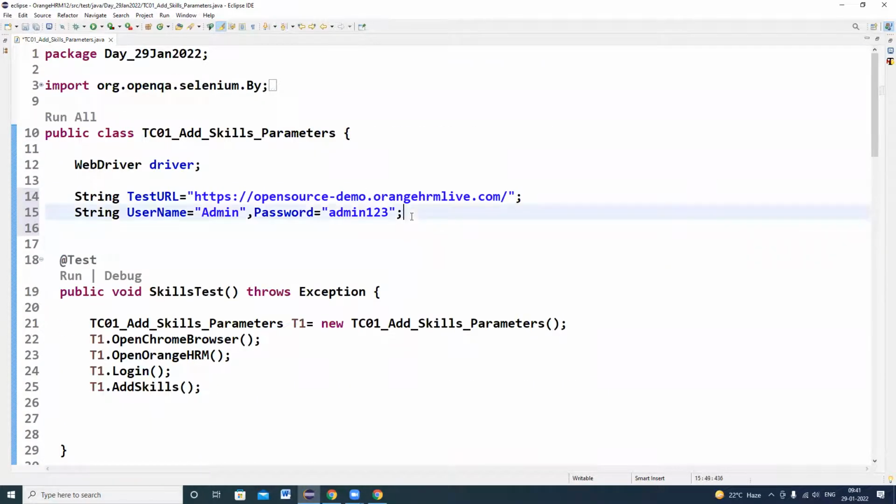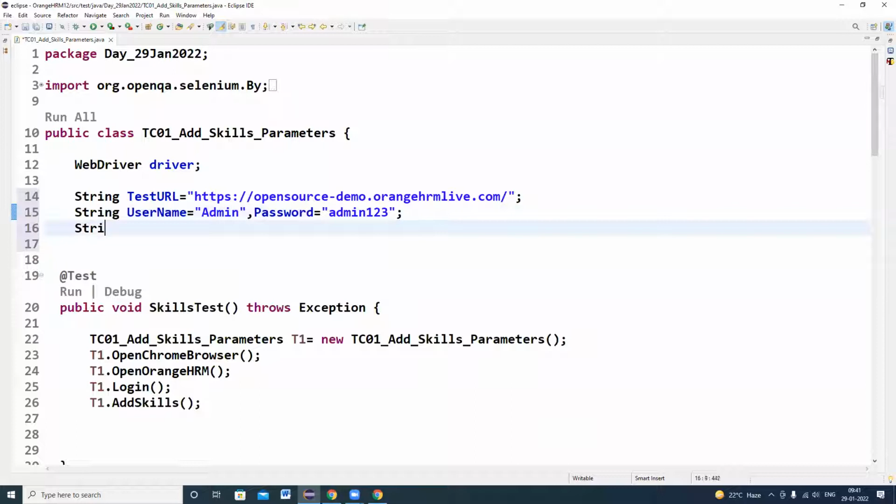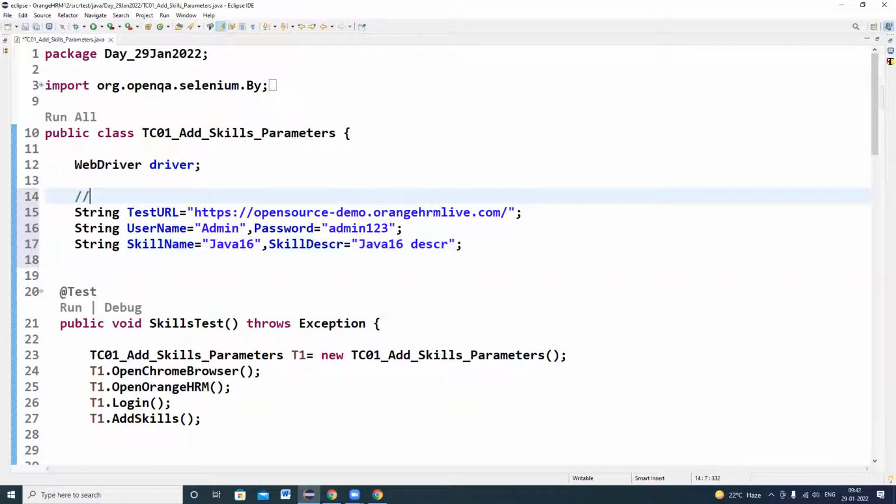So I am declaring string skill name is equal to Java 1.6, and skill description. Variable names you can write in whatever understandable format. Okay, Java 1.6 description. So step 1, global variables declaration, is completed.